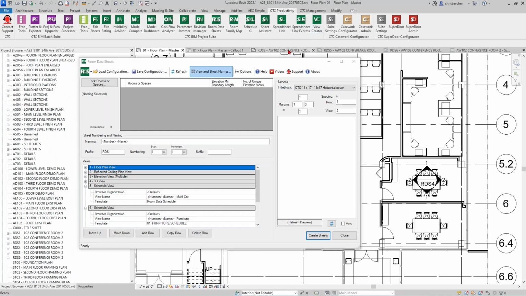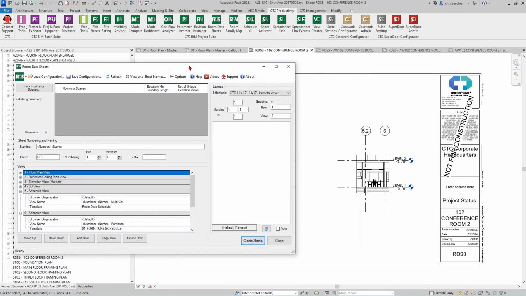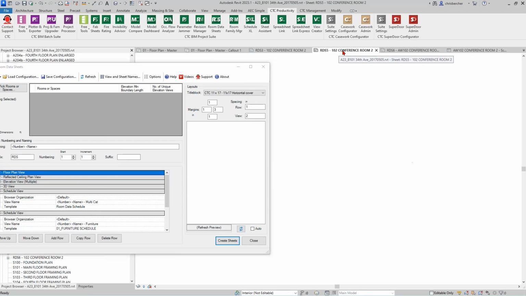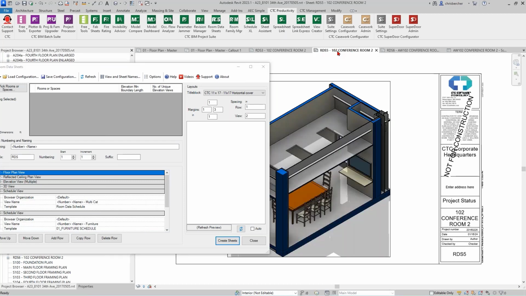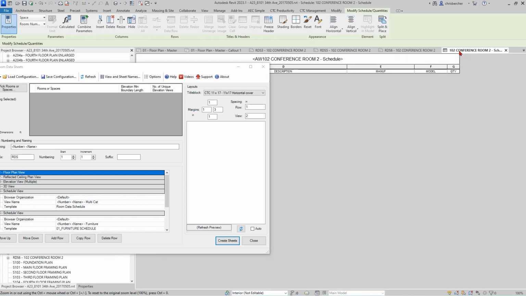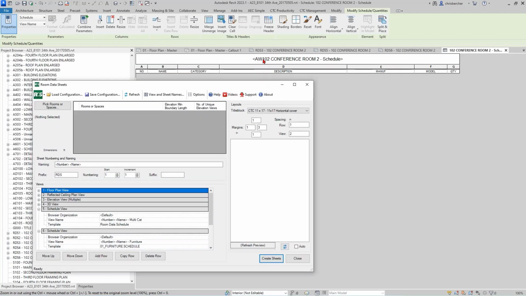And let's just pop into one of these. In the sheet, they took the AW off the sheet names in here as well. Some of them still show it, but that's because it's just cached and hasn't updated yet. If I click on that tab, it disappears automatically. See, RDS 6 AW102. As soon as I click on it, the AW is gone. So it updates the second you initialize it. However, oh, there it goes. Now it did. Oh, this one doesn't want to update, so that's okay. Probably because I changed something about the schedule. Anyway,